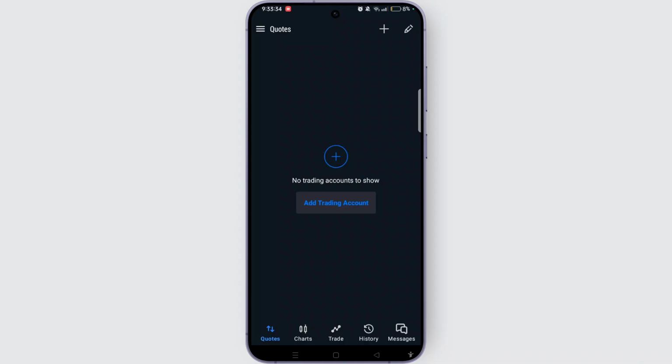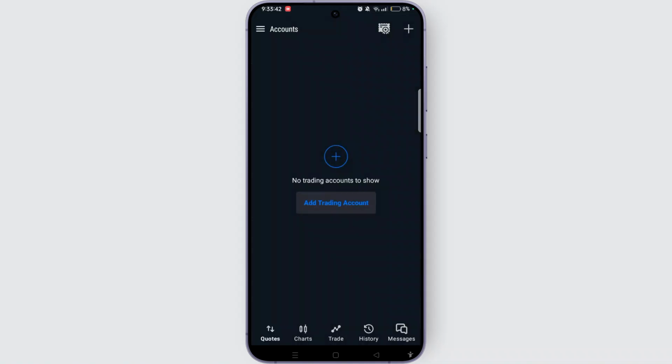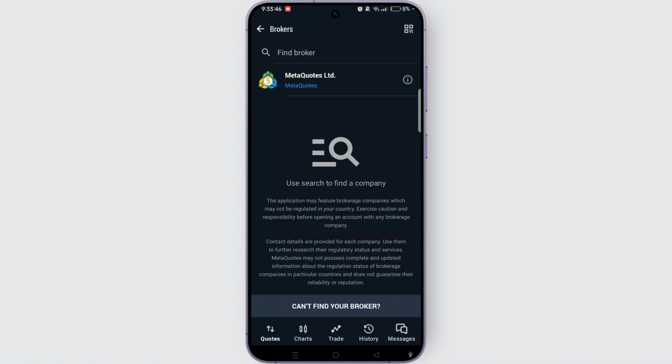Now you will land on this kind of interface where you have to tap the three-line icon at the top left corner of the screen. Tap Get Started button and you will land on this page. Tap plus icon at the top right corner of the screen. Here you simply need to find a broker, or you can also log in to your demo account by tapping